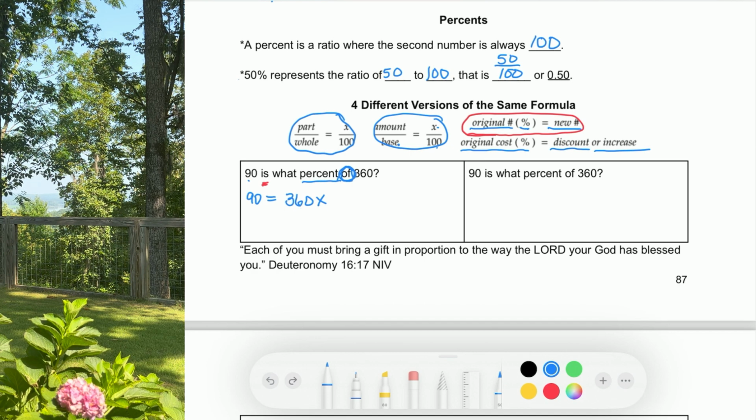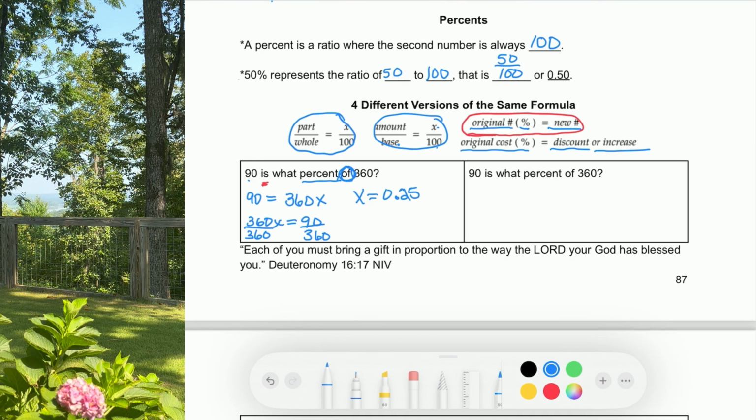Remember I said the word of is multiplication. All right, so now we can actually find x. I'm going to flip the problem though, just so our x is on this side. Divide both sides by 360. And we end up with x equals